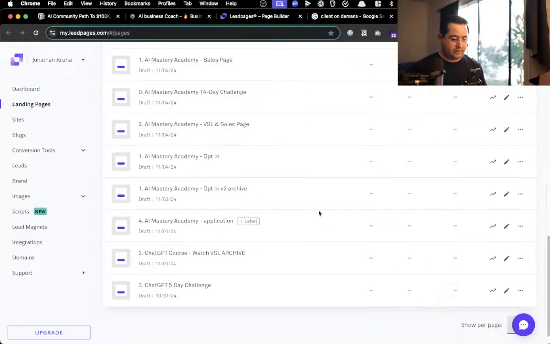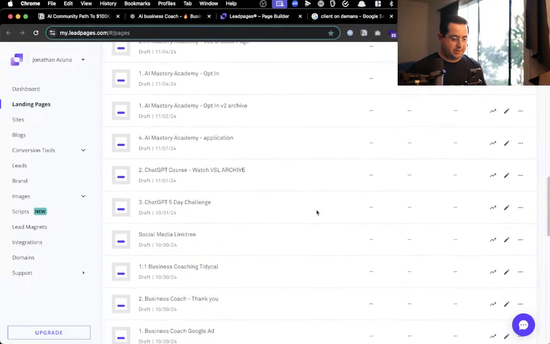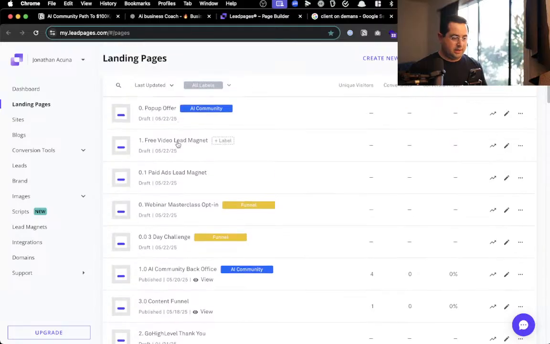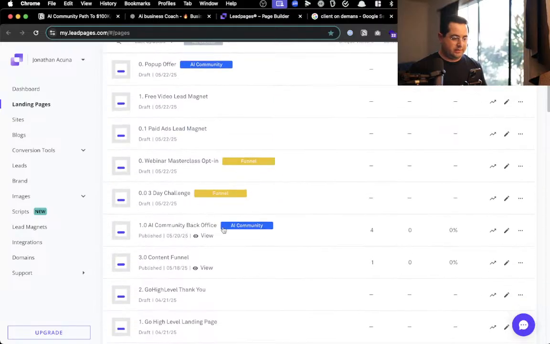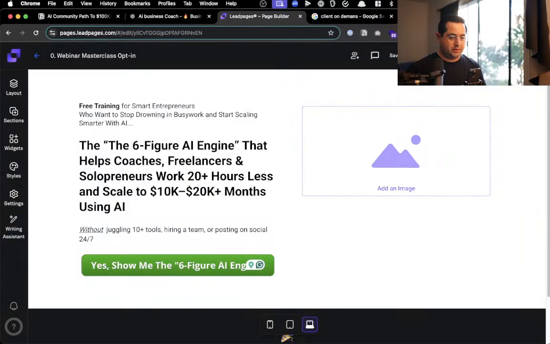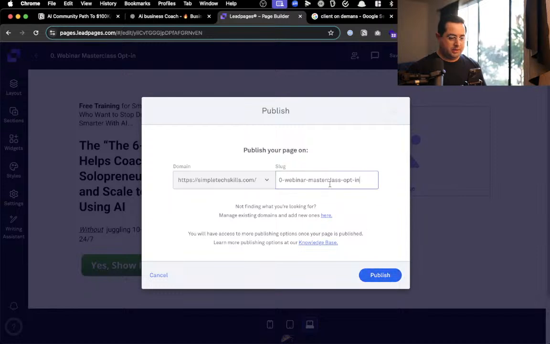You can see I have a lot of drafts. Just make sure there's nothing else. Okay, so that means draft. So now I only want the funnel. AI community, that's for text stuff, so we can remove this one, because that's admin stuff. Okay, so now I should be able to publish. So publish. We're just going to call this AI Masterclass. That way I can also see it on SEO too.